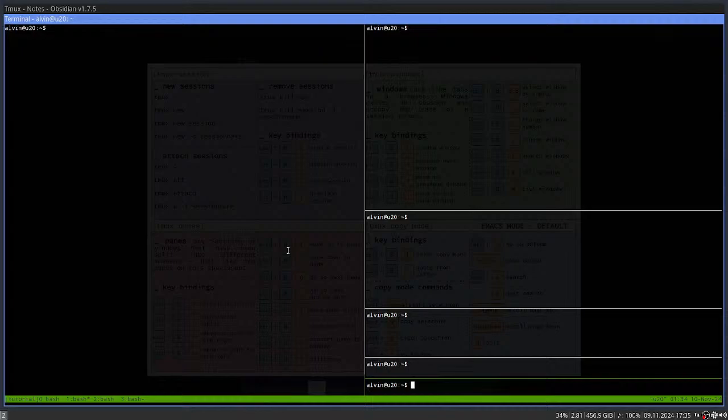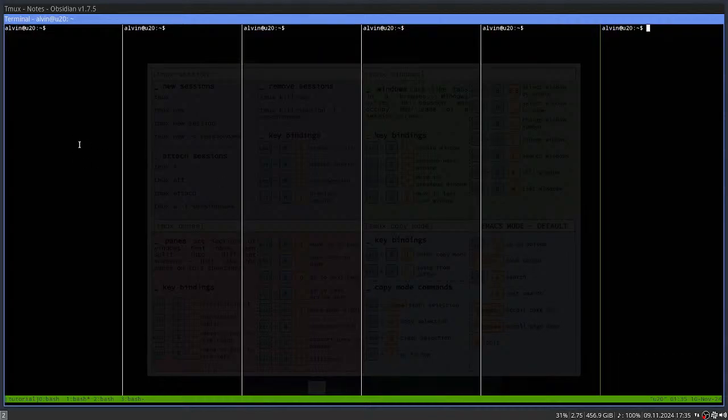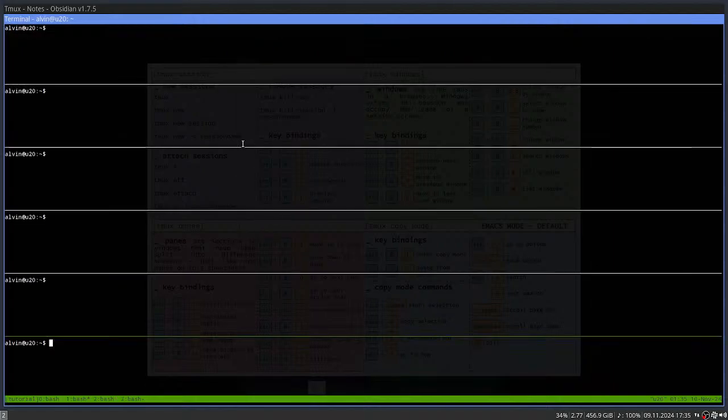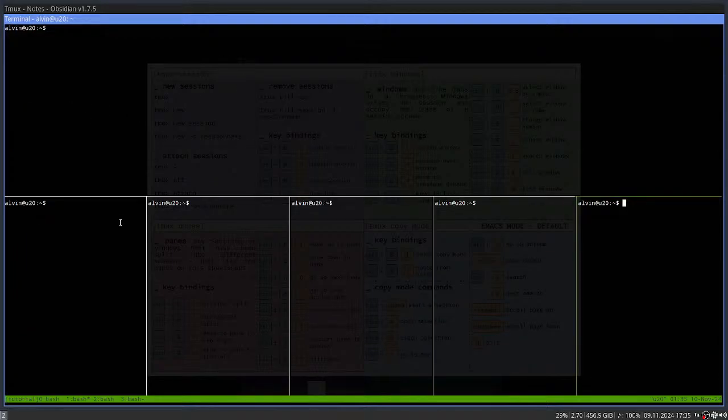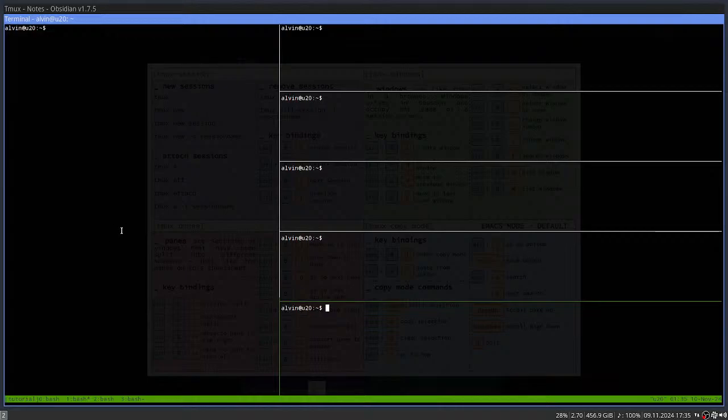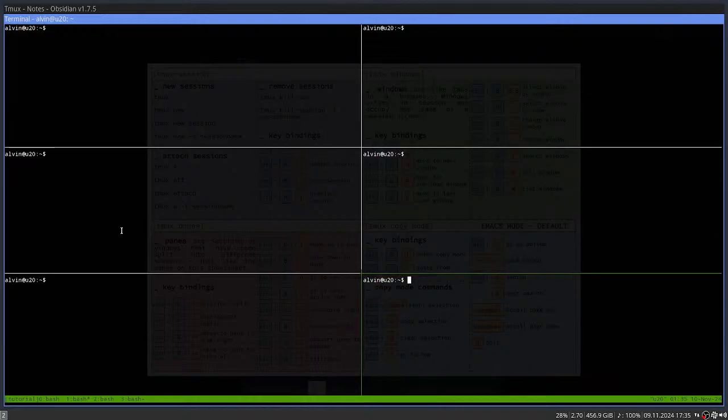And let's see, Control B, Alt 1. Okay, so Control B, Alt 1 spreads it horizontally. Control B, Alt 2 vertically. Control B, Alt 3. Okay, and then Control B, Alt 4. Okay, Control B, Alt 5. Okay, so those are different